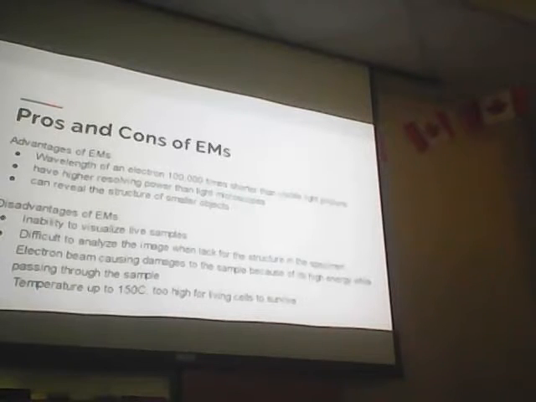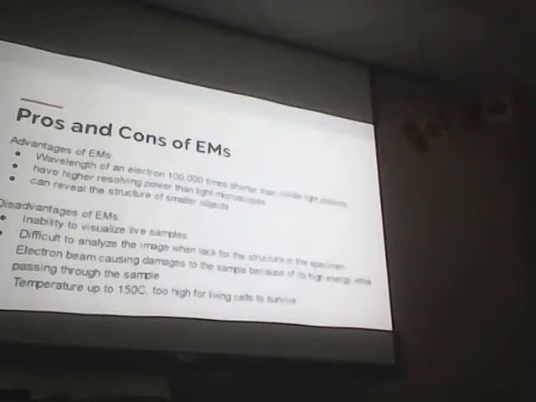That means your specimen could be smaller than the light allows. That's right. Okay, and a disadvantage is that it's quite hard to see live samples, because for the electron microscope, if you want to see your sample, you have to be